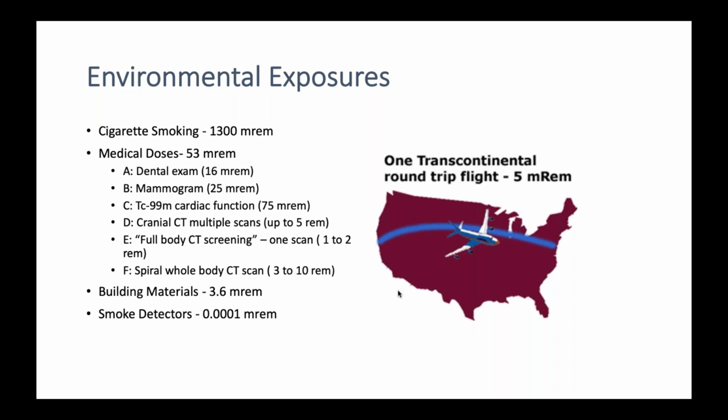exposure to radiation. But that's a special kind of radiation, right? It's not external, it's internal radiation. So that makes it particularly concerning. Where does it come from, that radiation? From cigarettes. It comes from minerals in the soil where the tobacco is grown, and sometimes from fertilizer that they